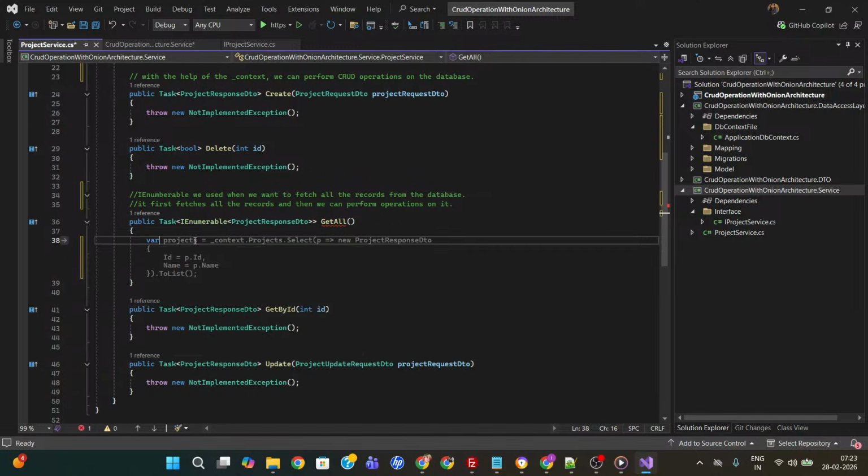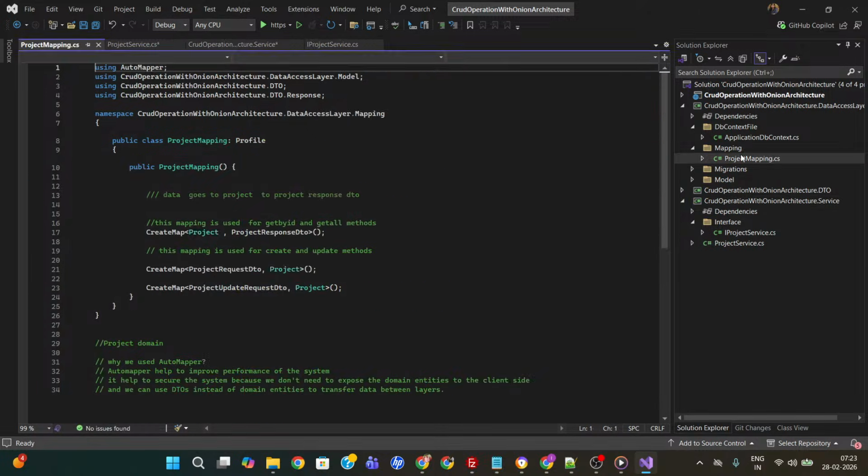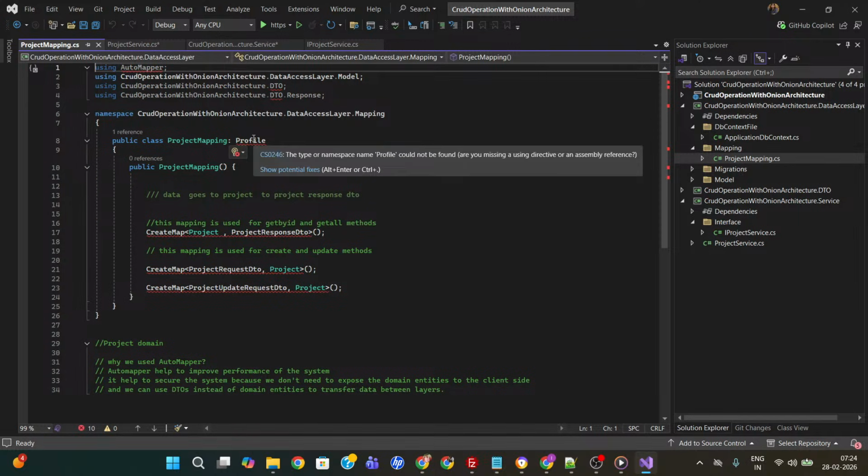So simply I will write var. Here we can use it also. In the last class we did a manual mapping, but for now we are not doing any manual mapping. So we can use the mapper here. With the mapper, these things will be performed automatically that we can write here. I think,